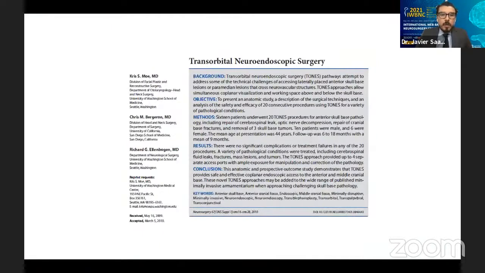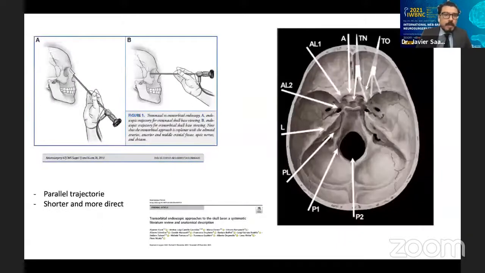Ten years ago, Dr. Chris Moe published this important paper. She summarized for the first time a series of patients treated by this technique. She published this series of 20 patients, and she summarized the anatomy, and she quickly,